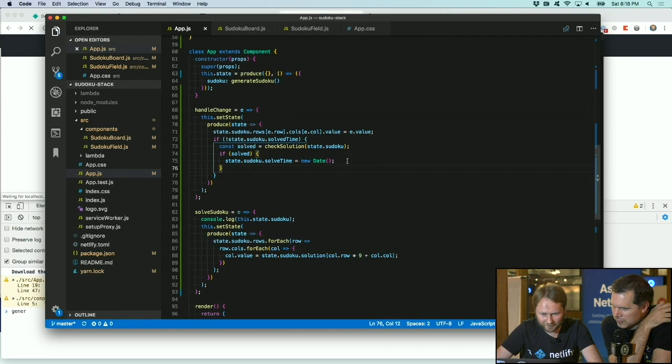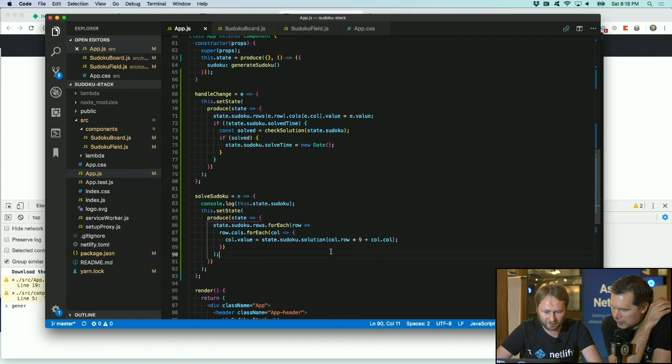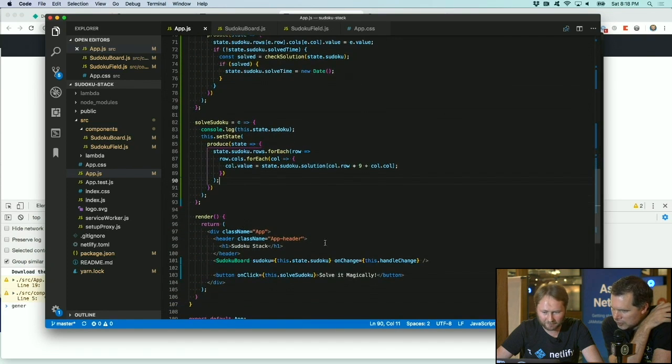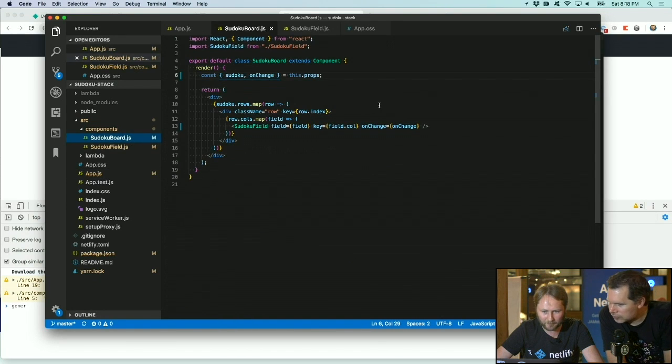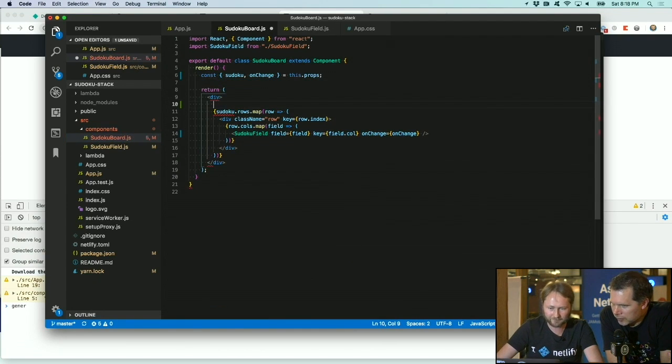Okay, so now in theory we should start setting a solve time if the Sudoku has been solved. So we need to render this somewhere else, I guess, we're passing it in, so maybe in here in our board we can go in and say